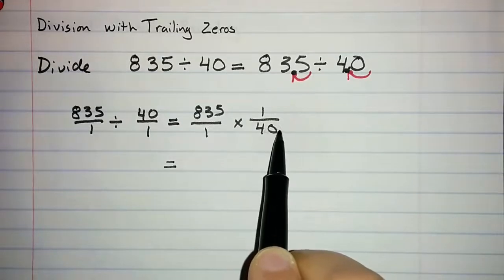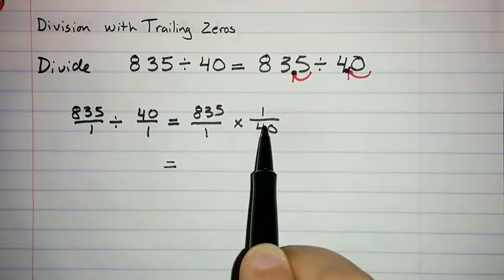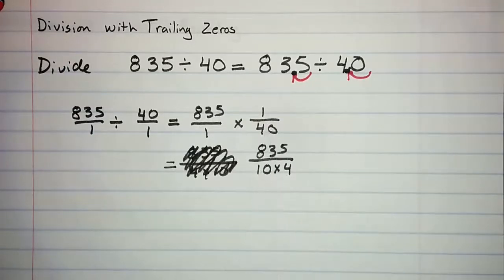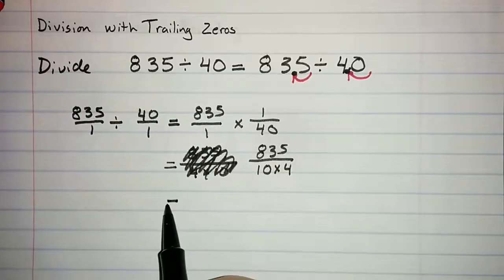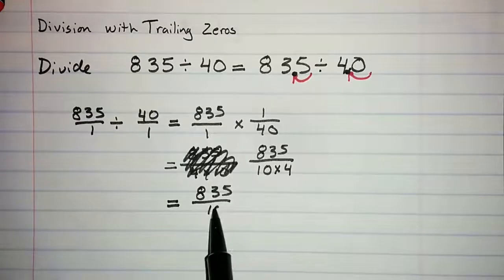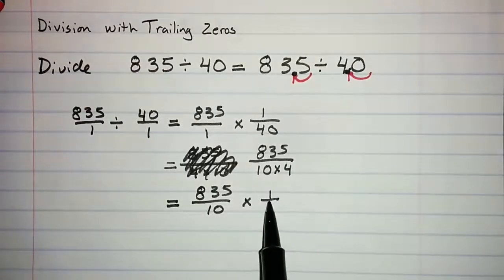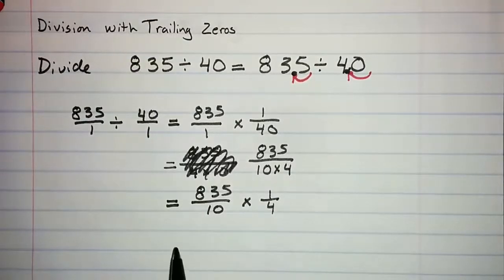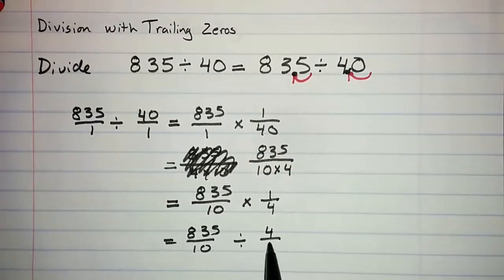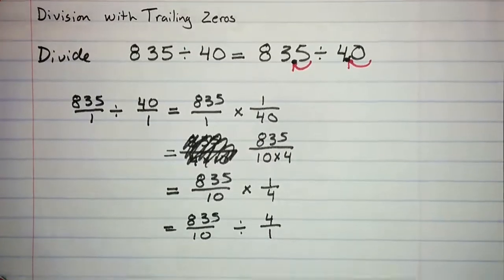But this denominator, 40, has 10 as a factor. If I write 40 as 4 times 10, then I can think of this as 835 tenths times 1/4. That is, 835 tenths divided by 4 wholes,